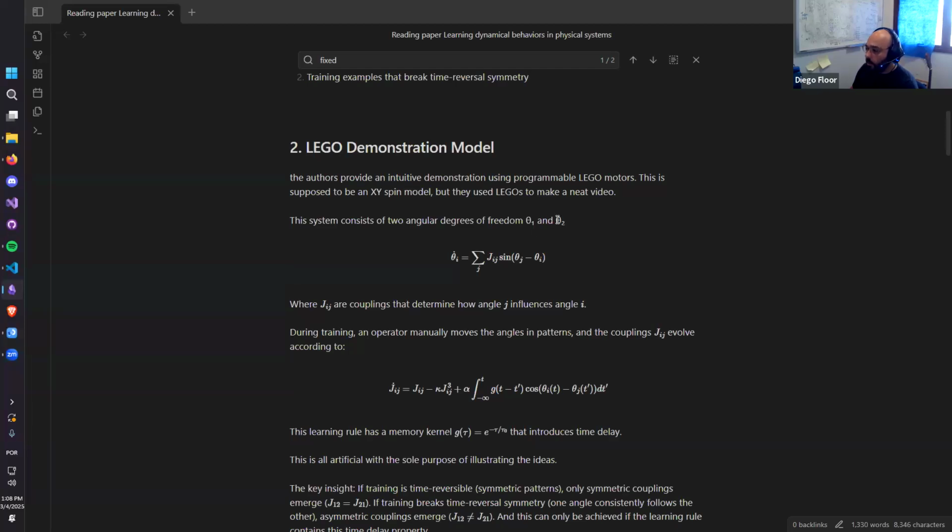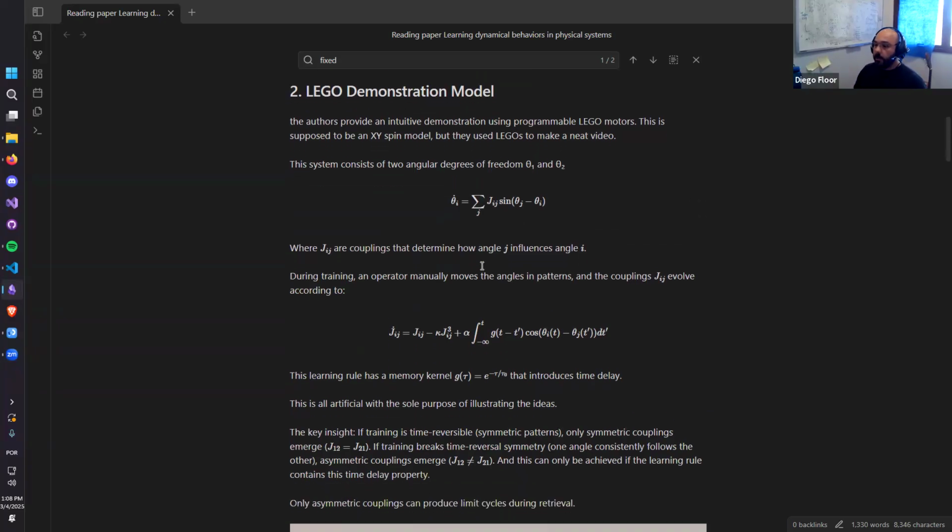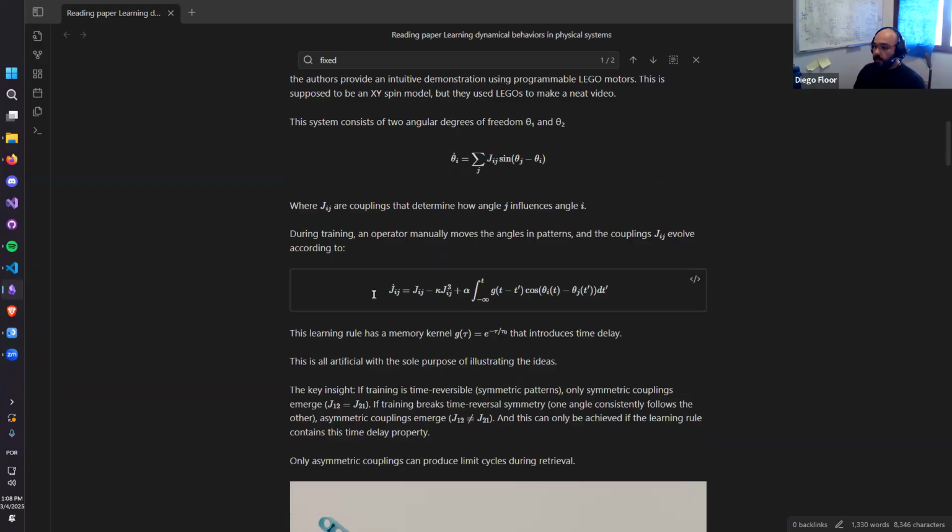We have 2 angles, theta 1 and 2, and they behave according to this equation that defines the model. So we have this J_ij, which is the coupling that tells how the angle j influences the angle i. And then we have a training rule, right? The training rule is the equation that tells us how the